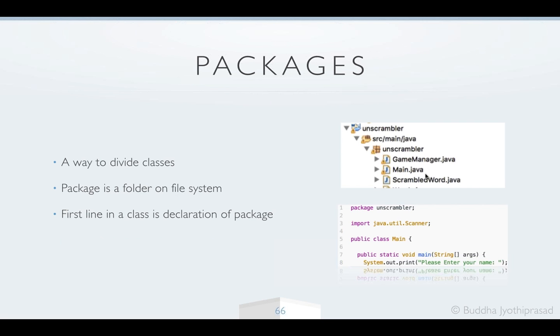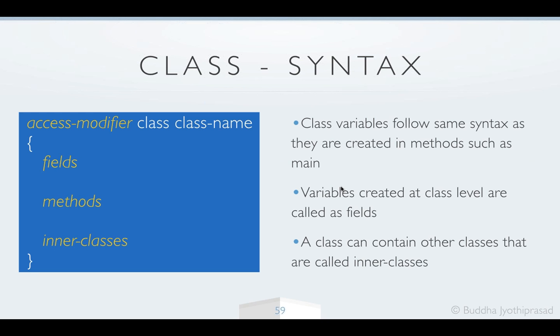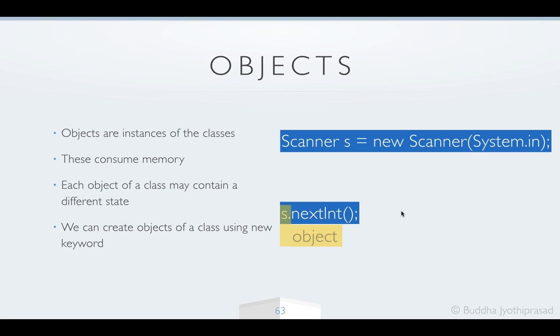So we can create classes by using this syntax. We give an access modifier, then the keyword class, then the class name, and then we can give fields and methods in the class. Then we can create a new object by using the new keyword and calling a constructor. These are called constructors. When you create a scanner, s equals new Scanner, Scanner is the class and s is the object that you are creating. When you call a method on it, s.nextInt, you are calling a method on the object, but the actual code for nextInt is written in the Scanner class itself. So this is class and object.